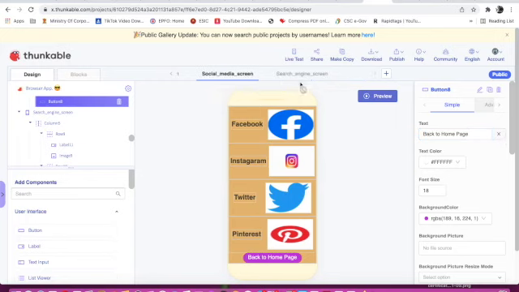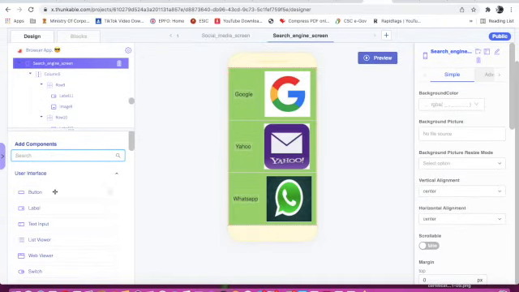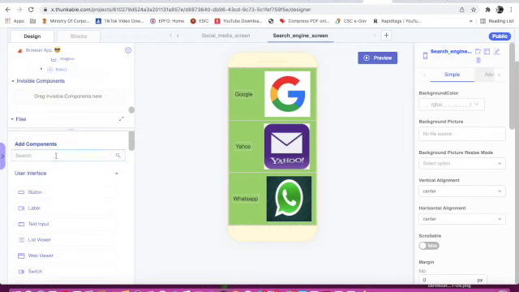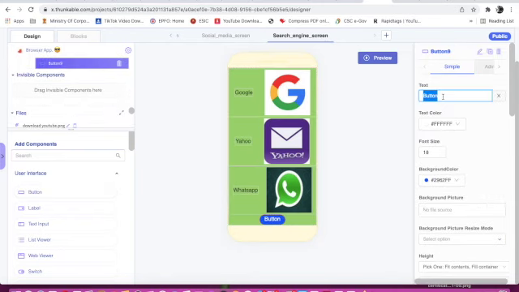Now I will give for search engine screen. I will hide row 11 and then I will give button. Here also I will type back to home page. Background color I will change it.